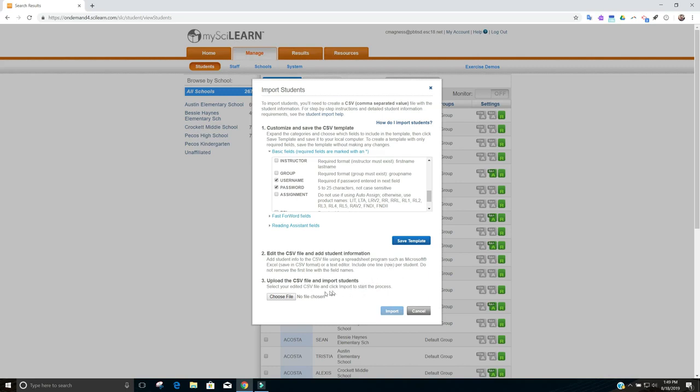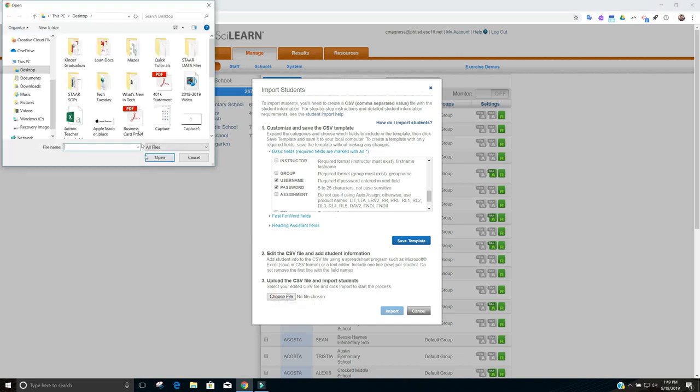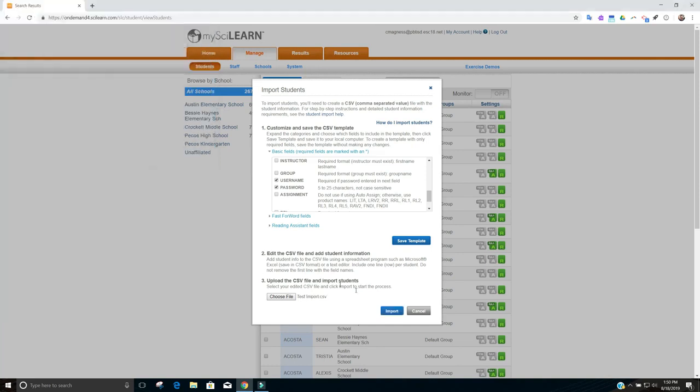the My SciLearn page, and now we can choose the file that we want to upload. So we hit choose file. We go back to our file browser window. You want to remember where you saved it and what you saved it as. So I remember I saved mine as test import. I hit open. Once you see that my file name is right here, I can hit import, and then the